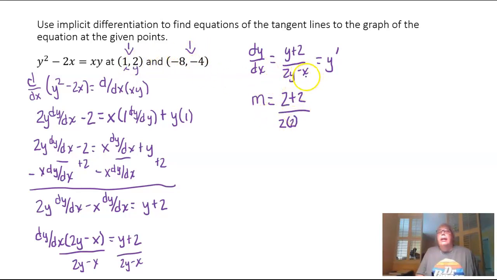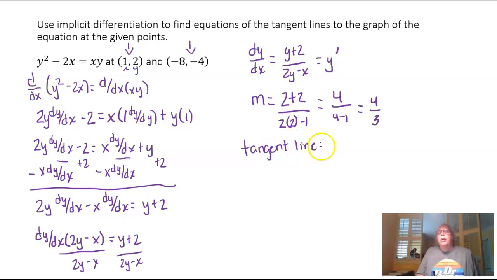And then I'm going to subtract x, which we know is equal to 1. And then we're going to simplify this. This is going to give me 4 divided by 4 minus 1. That's 4/3. So that means that at the point positive 1, positive 2, the slope of the tangent line is 4/3. And now if I want to find the equation for the tangent line,